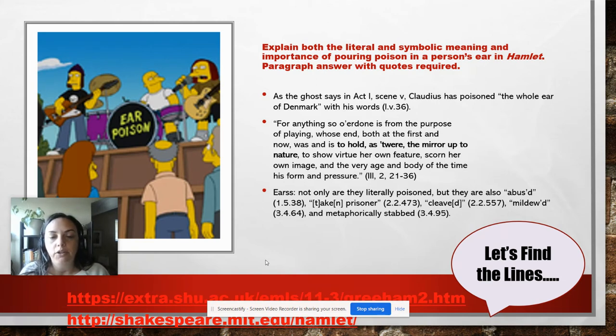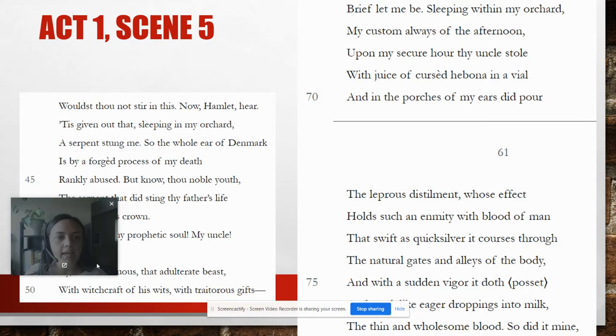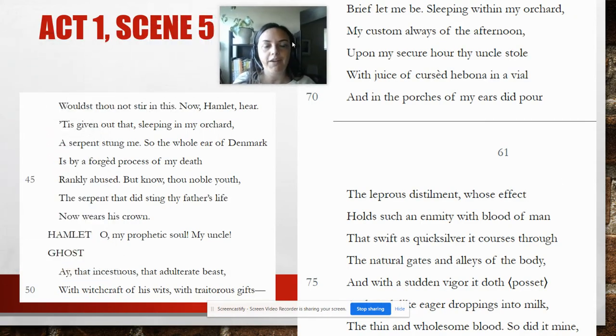And then the third bullet point are examples of things that happen to ears in the play. So you might find those quotes. It goes act, scene, line in those numbers. So abused is from Act 1, Scene 5, line 38. So you can decide if you like one of those quotes. And lastly, I wanted to show you Act 1, Scene 5. These are a couple of snips here. We have